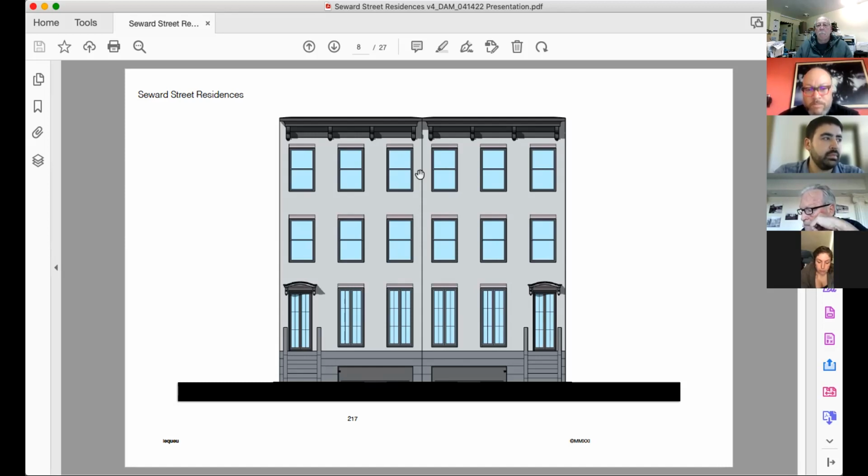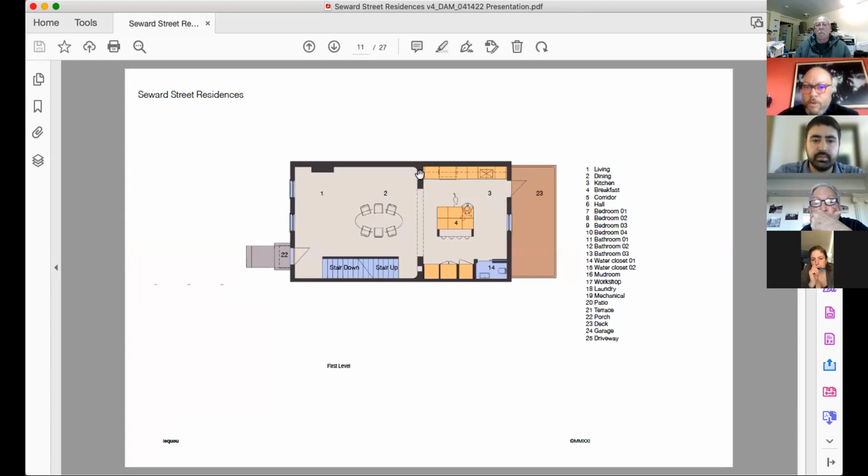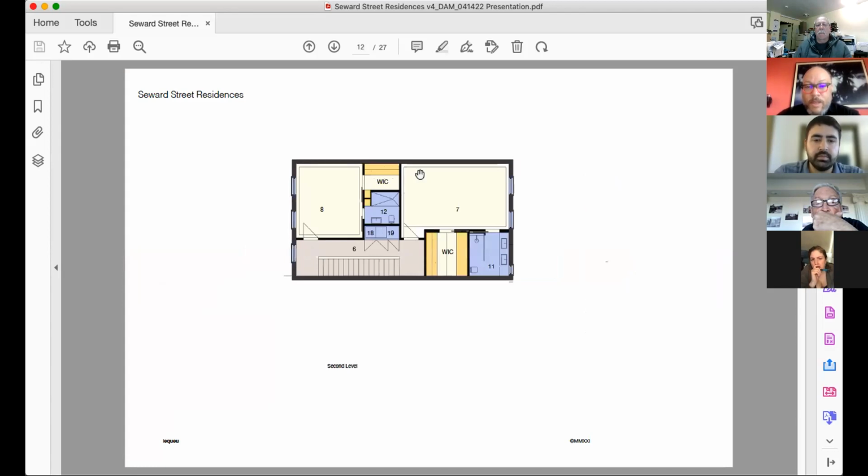They are, as it says, mirror twins. Just moving quickly through the plans as well. There is a lower level. It's a 3-story residence with a garage underneath and a workshop with no bedrooms on the main floor, a large kitchen and dining room space, stairs up, and then a deck on the main level.